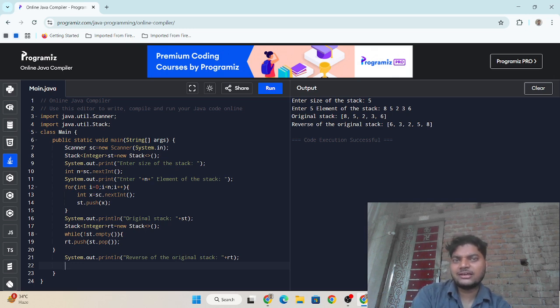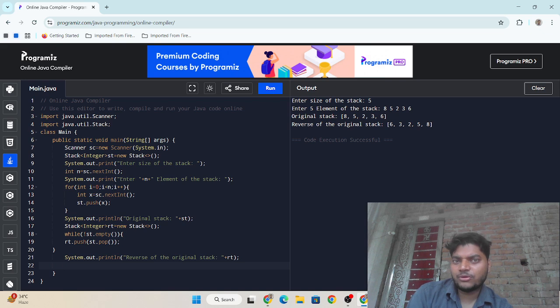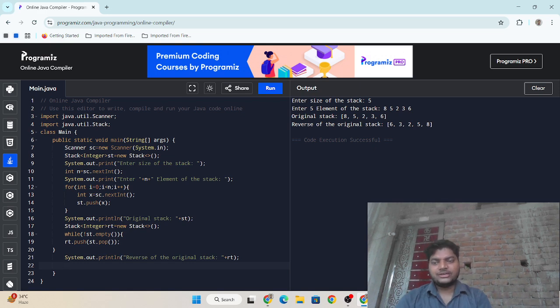Then I will pop from auxiliary and before inserting into the original stack, we are going to print that element. Okay, this is the way I am going to write the logic.